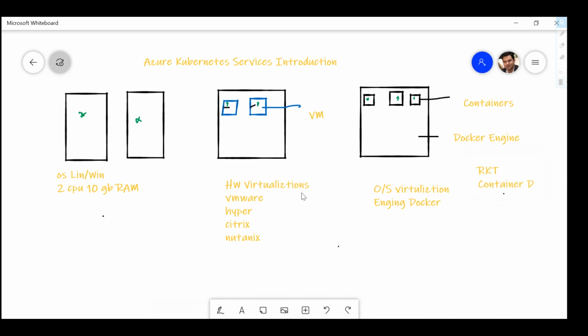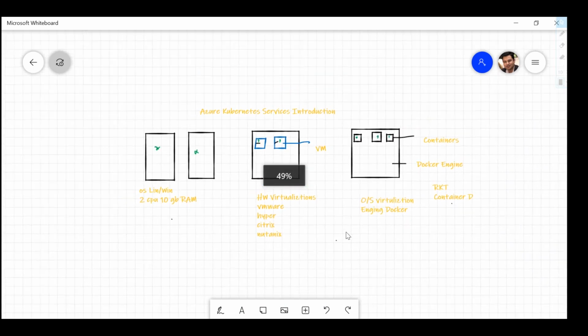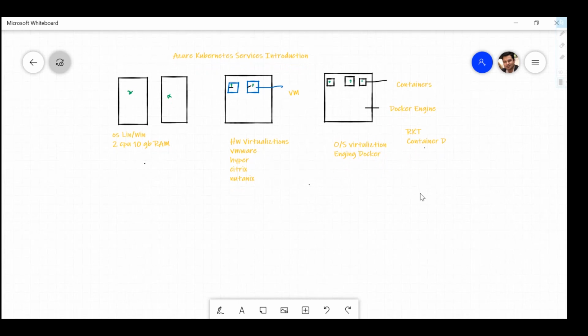But I hope that is clear how it is different from hardware virtualization, and how you're utilizing resources much more effectively as compared to hardware virtualization, right? But still, I don't understand where Kubernetes comes into play in all this mix, right? Now, in order to further explain this, let me